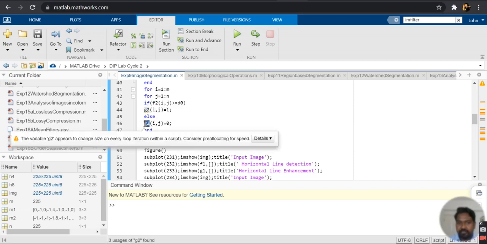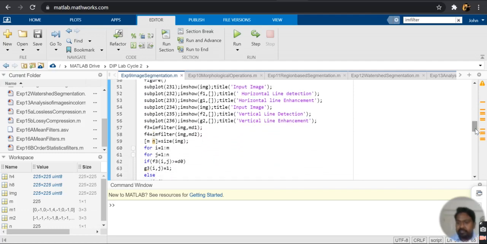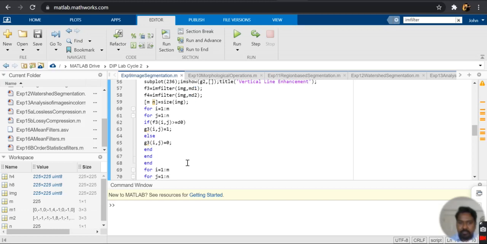And so we are going to plot the input image, the horizontal line detection, what we have found, and once it is enhanced, what it looks like. Similarly with the vertical as well. So we spoke about the horizontal segmentation and the vertical segmentation. Again, we have the diagonal segmentations d1 and d2. So the same process applies, and we set the threshold value just to enhance the output.